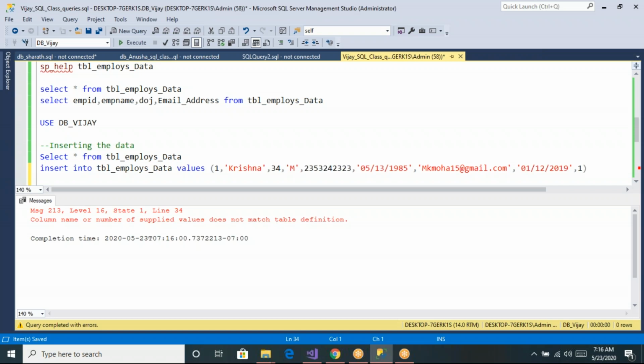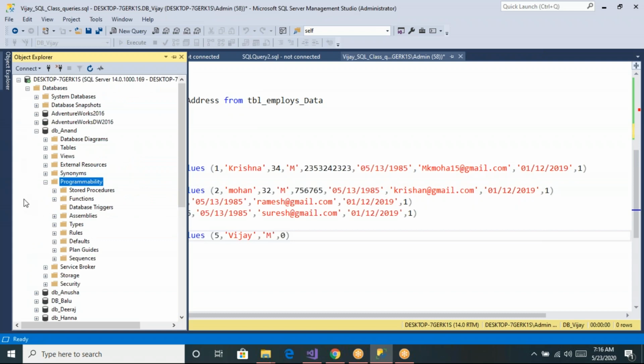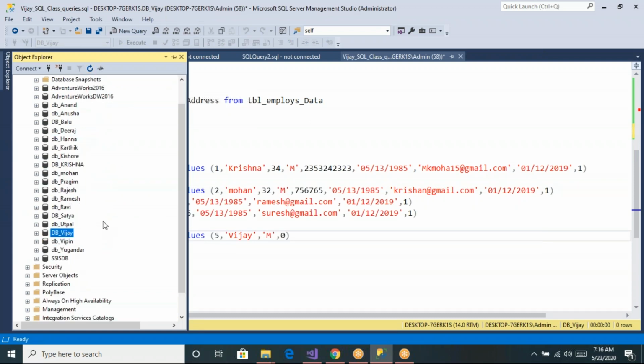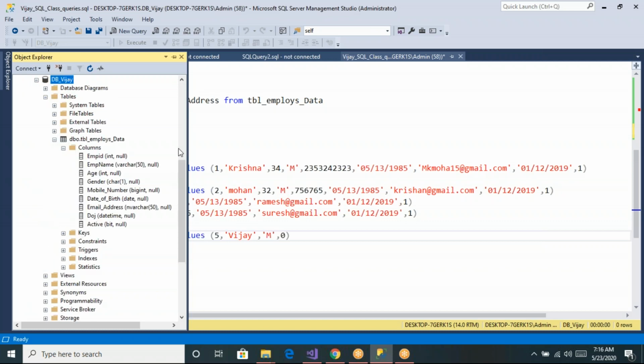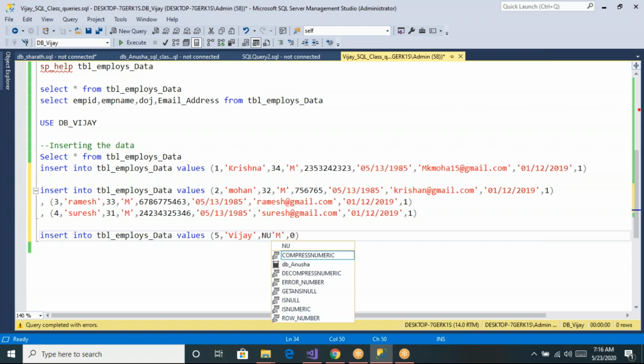So in this case, what can we do now? When you create a table, by default every column allows null values. We have already seen that. Let us go and see. So every column is allowing null values. Can I provide null values for the non-provided columns? After the employee ID and name, I have the age. I don't have any value for age. Can I provide null? Yes. Gender, I have the data. And for mobile number, I don't have any data. Can I insert null? Yes.